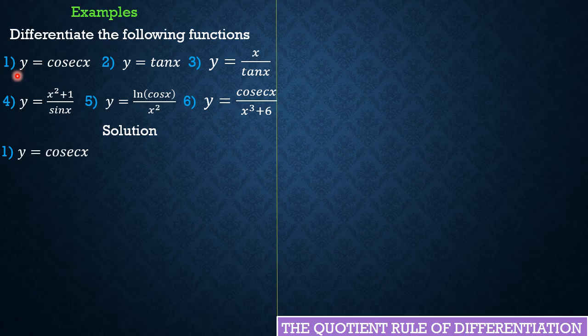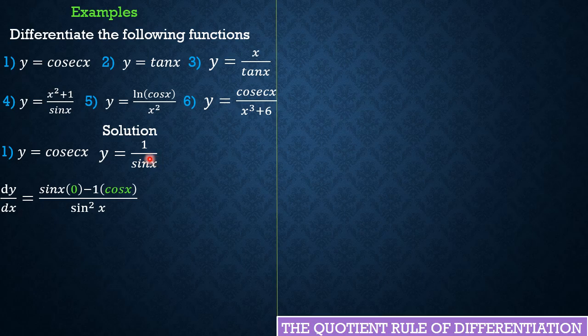We have y equal to cosec x. Friends, from trigonometry, we know that cosec x is the same as 1 over sine x, right? Great. So we have 1 over sine x. Now we can see the quotient of two functions, right? Great. So in this case, our dy by dx now simply becomes, like I said,